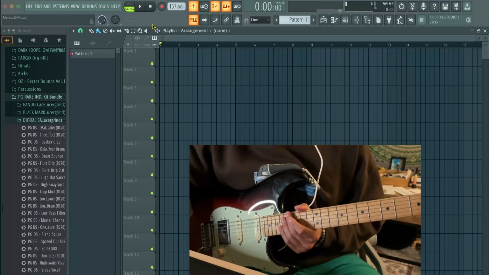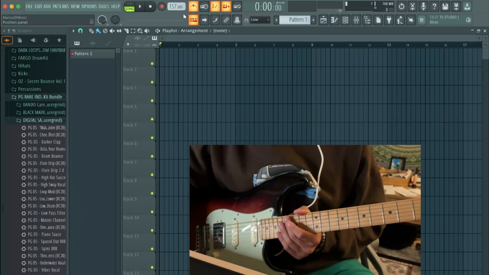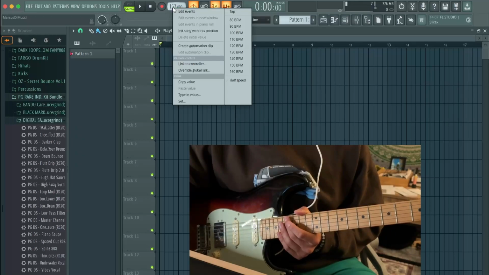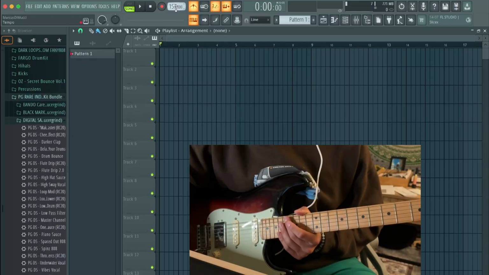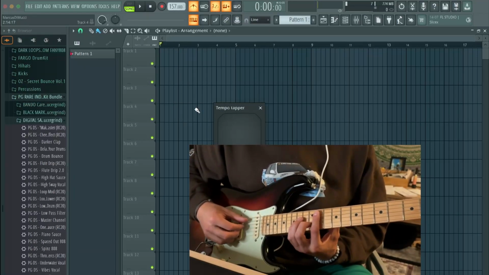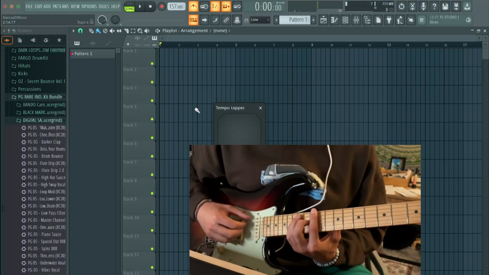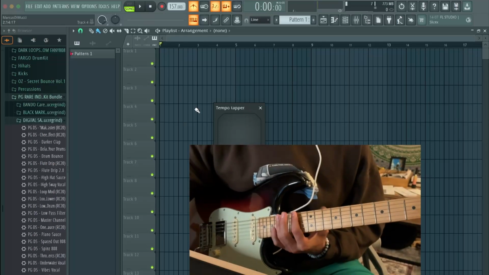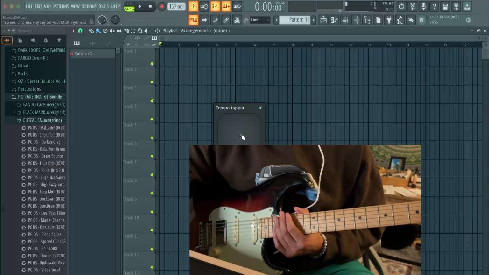So let's go ahead and lay this down now. Have it at around 157 BPM. And obviously before, when you start recording, you want to actually figure out your BPM. And the way I do that is I right click where it says the tempo, and you go to tap. And after you figure out the chord progression you want to play and you have the basic rhythm down, you just tap it in right here. So my rhythm's like,